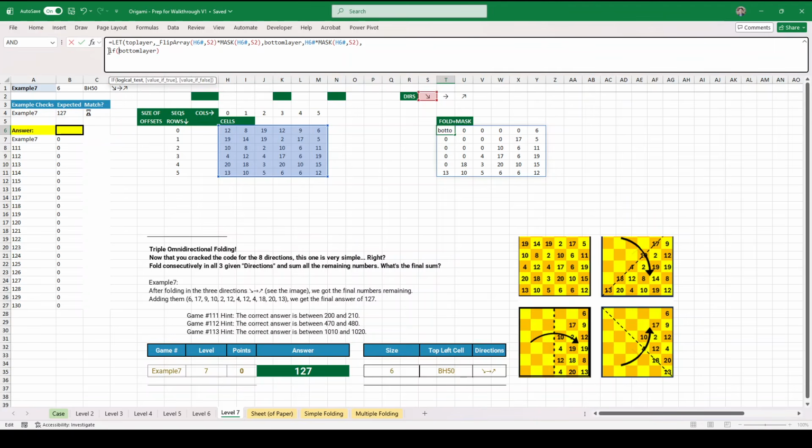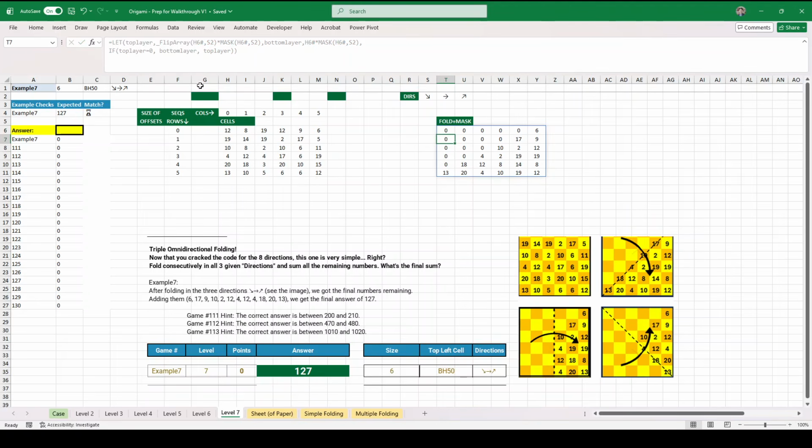So we're saying if top layer equals 0, then we can actually just see what was on the bottom layer. Otherwise, we want to see the top layer. There we go. Okay, and that's going to do that once. So let's